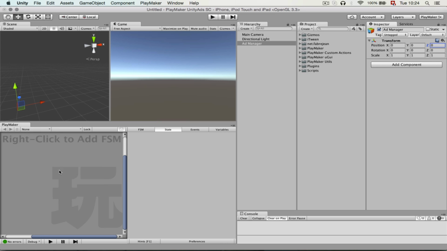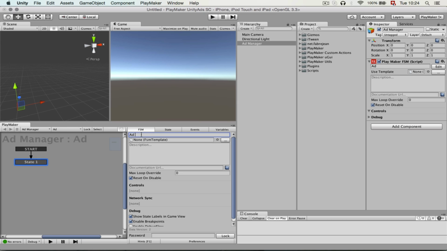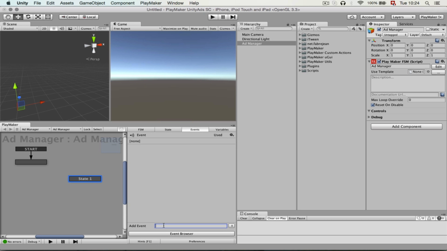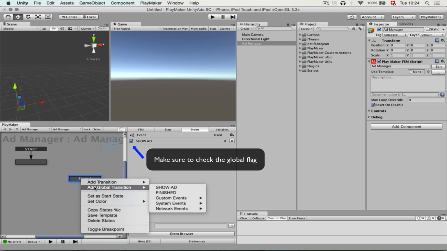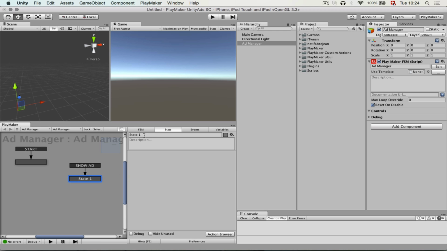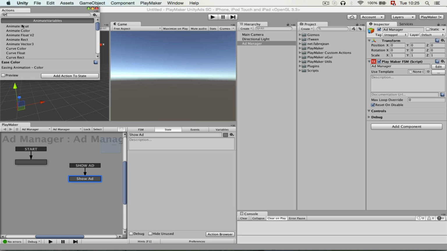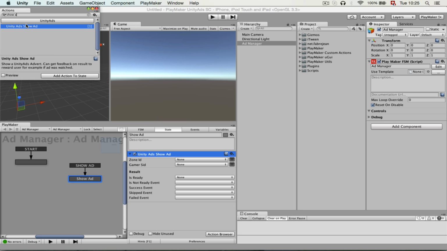So we have an FSM, we're going to call it Ad Manager, and we're not going to do anything yet here, and we're going to have a state with the global event show ad that we're going to trigger from the UI here, and in that state we are going to show the ad. And for this we need to use the action we've downloaded, show ad,